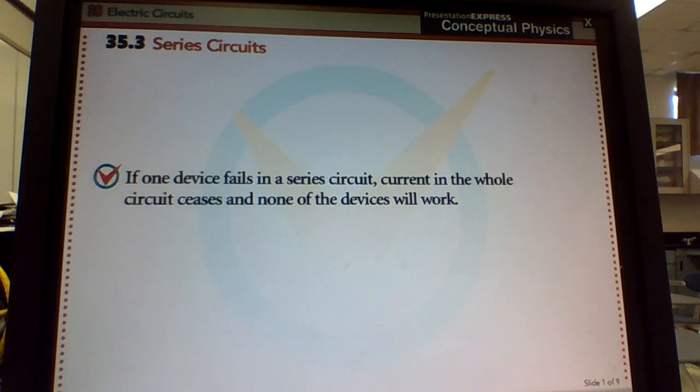So series circuits and parallel circuits are what we're going to look at here to finish up this first part of 35 notes. But basically, if one device fails in a series circuit, then current in the whole circuit stops. Nothing's going to work on that particular circuit. And so